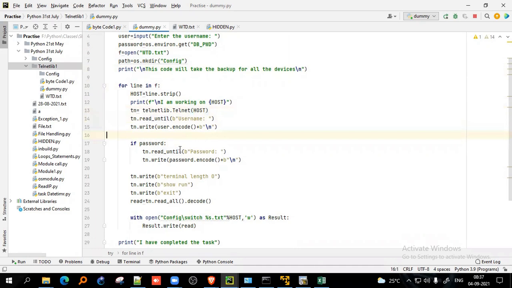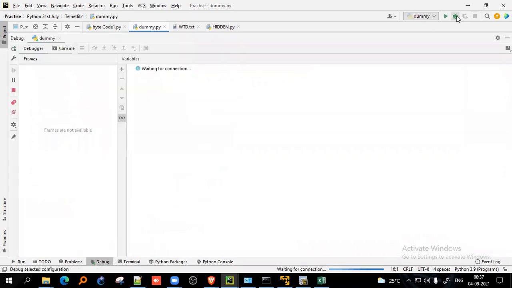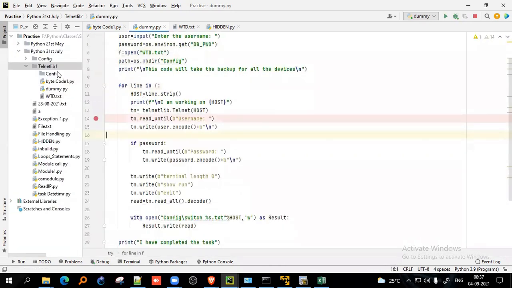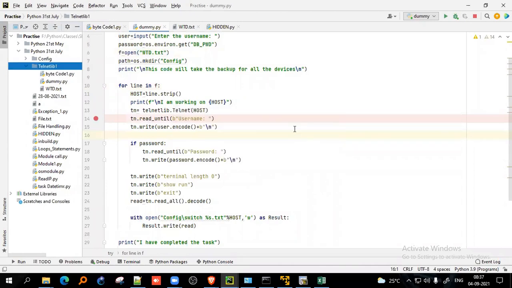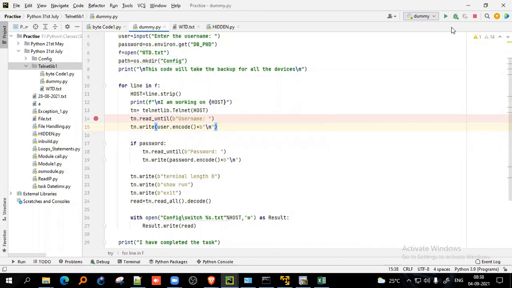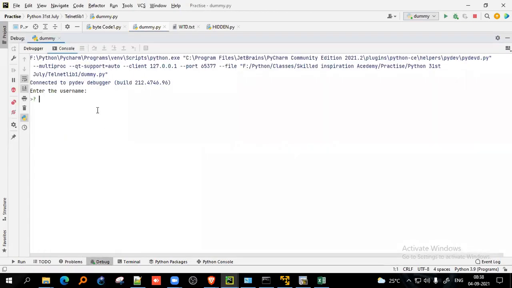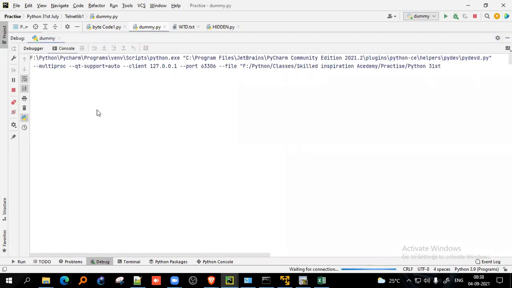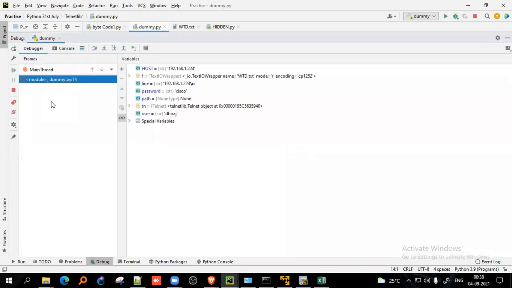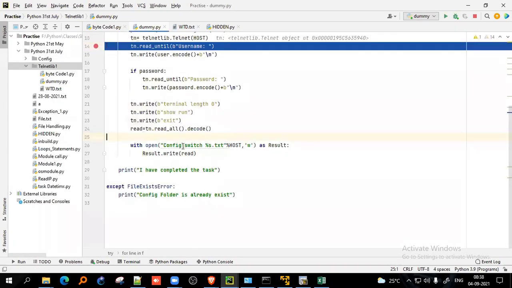Okay, in this case, what we will do, let's hit debug. So this is my entry point, sorry, breakpoint. Now we will go step by step. Now I'll be here. Let me check that config. Let me delete it, because in config we will not get an error. So let's start one more time. Let's debug the code. This will be this. Okay, this will be this. Right now.